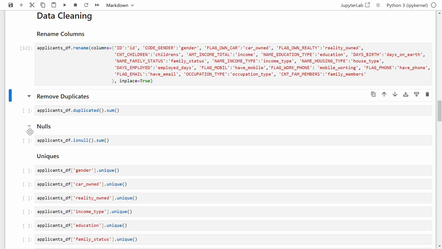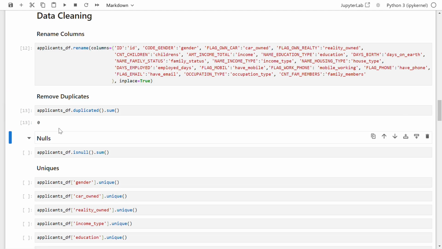After that, I am checking whether our data frame has duplicate values or not. We have a pandas function duplicated, which returns true if any duplicates are available in our data frame, and returns false if no duplicates are available. When we apply dot sum to it, the number of duplicate rows present in our data frame will be returned. So let's run it. So we have 0 duplicate